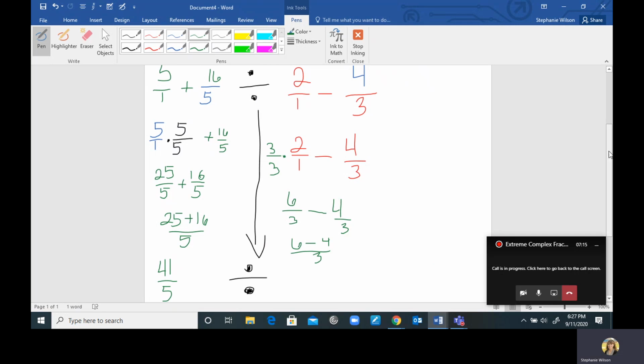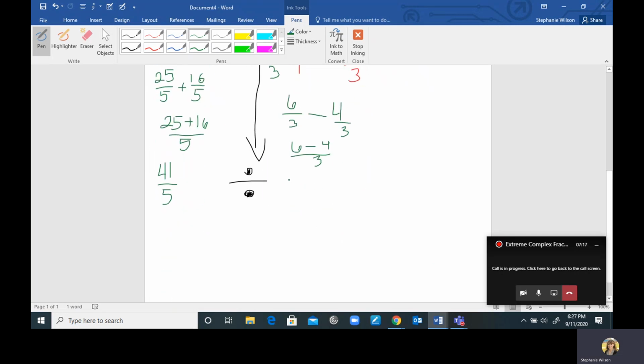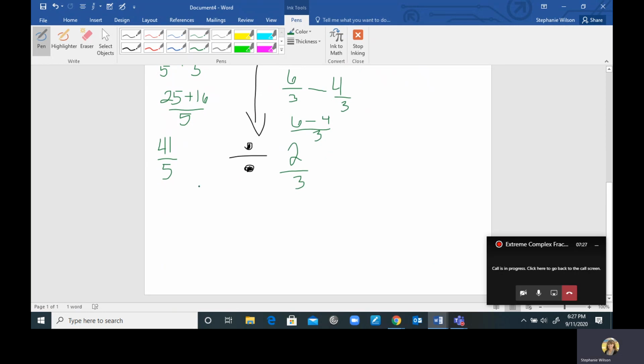6 minus 4 is 2, and since 6 is the larger number, it's positive because it's whatever the sign is on the larger. So I got 2/3. Yay. So now we can follow the rules of division of fractions since we have it all cleaned up. The rule on division of fractions says we keep the first term the same, change division to multiplication, and we flip the second term. So let's do that. I got 41 over 5